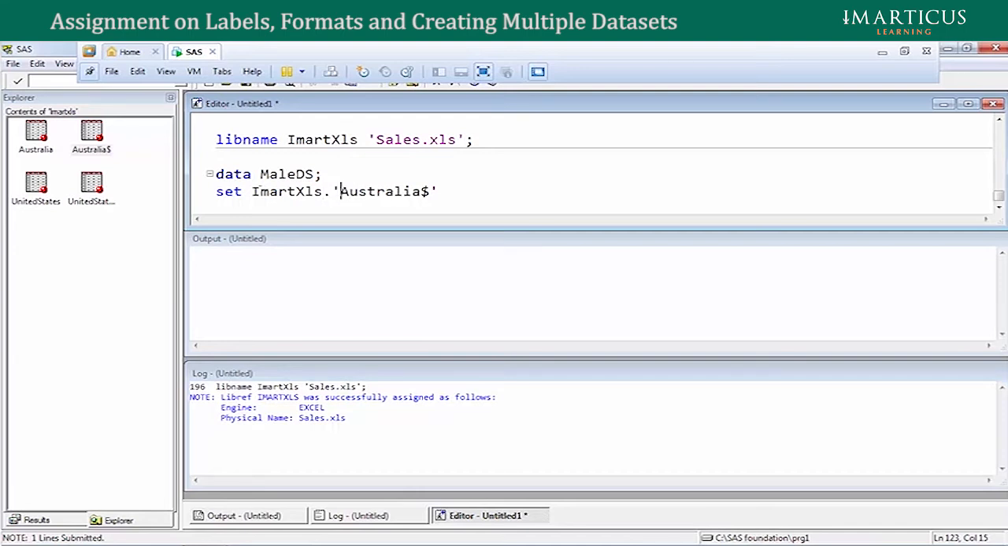Imart xls dot Australia dollar. As you know, this dataset name has a dollar sign as part of its name, so you'll not be able to use it in its normal or default naming convention. You'll have to write it in quotes followed by the literal character n, because this is not a valid name. It is invalid because of the dollar sign, and somehow you need to ignore reading the dollar while reading this